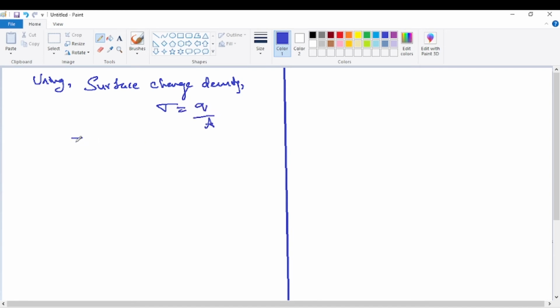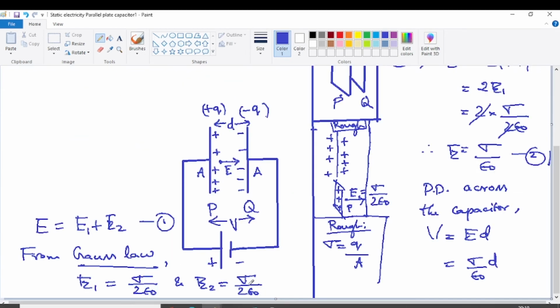So then what happens to the equation now? V is equal to, we got on the previous page, just check the previous page, V is equal to ED, that is equal to sigma by epsilon naught into D. This is another very important equation. There are 3 very important steps here in the derivation. First step is the net electric field in between the two plates is the sum of the two fields E1 and E2 due to the first plate and the